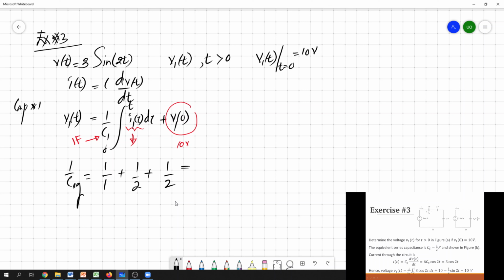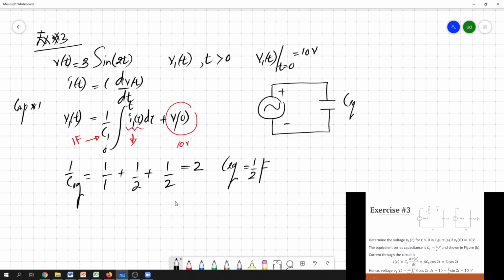So this equals 2, and C equivalent would be half farad. Then you can simplify the circuit like this. You have a source and this is C equivalent, which equals half farad. So this is the current flow through the capacitors, and you can evaluate this current. The current flowing through the capacitor equals half farad times